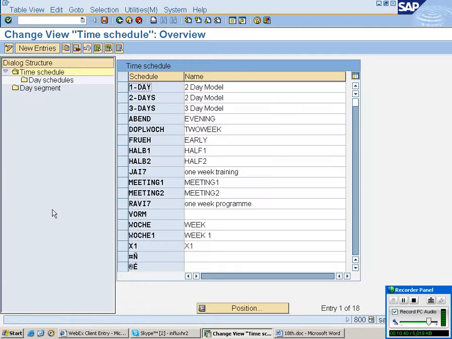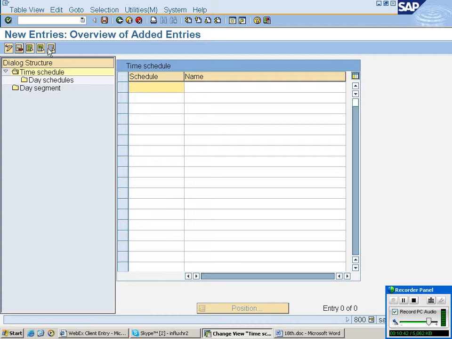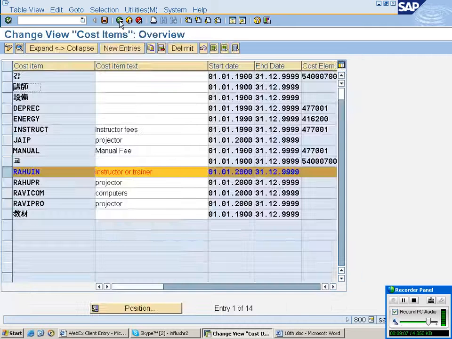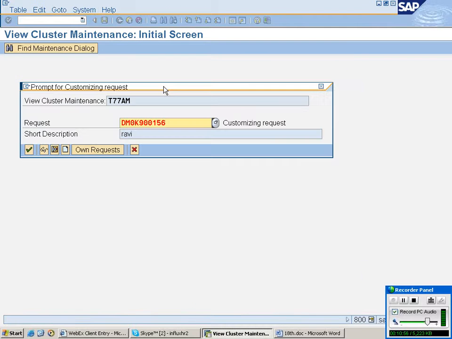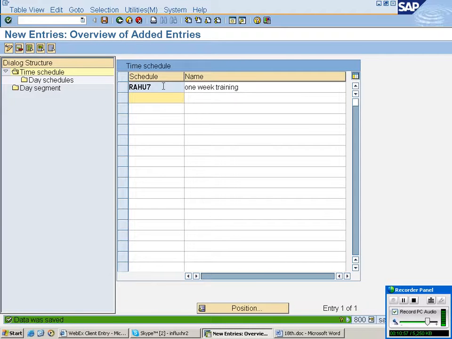Click on here. Let's go to new entry. Okay, here I am entering RAHU 7. That means 1 week training. Press enter and save. I have created a schedule RAHU 7, that is a 1 week training. Now, once we create a 7 days program training,